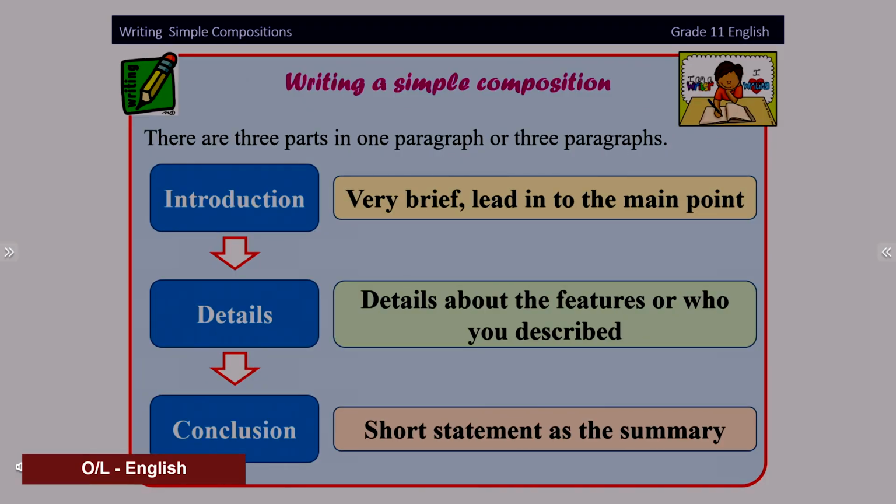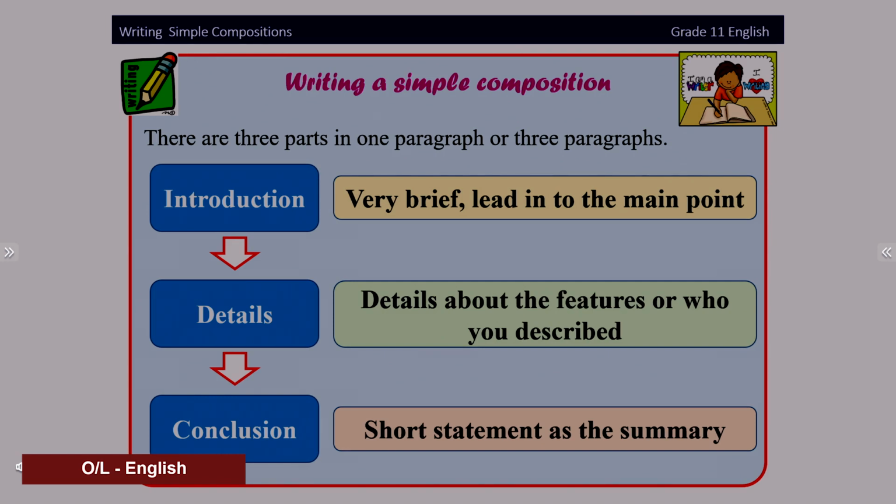Writing a simple composition. Look at these main words, the three parts in one paragraph: introduction, details, and conclusion. When I say introduction, it is in a way a restatement of the topic. This is where you introduce your topic. Therefore, this particular section should be short and it should lead to the main point. Right? So you simply write one or two sentences here, and then you slowly move to the second part of